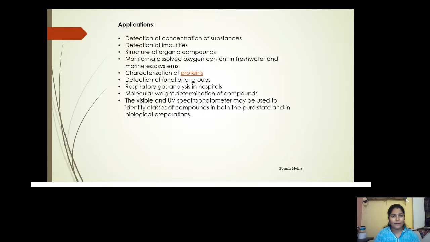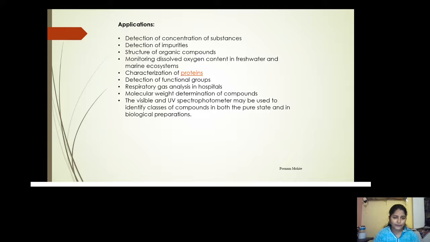Let's see some applications which are useful for the spectrophotometer, like detection of the concentration of a substance. We can find out the impurities of a substance, then the structure of an organic compound. Again, monitoring the dissolved oxygen content in fresh water and marine ecosystems. We can do characterization of proteins, then detection of functional groups, respiratory gas analysis in hospitals, and the molecular weight